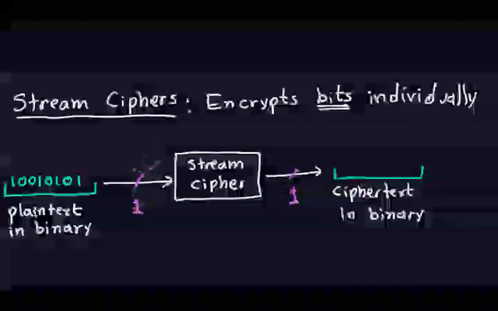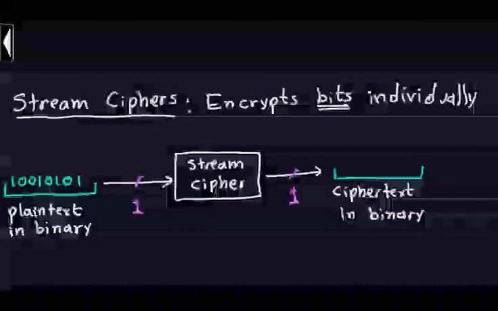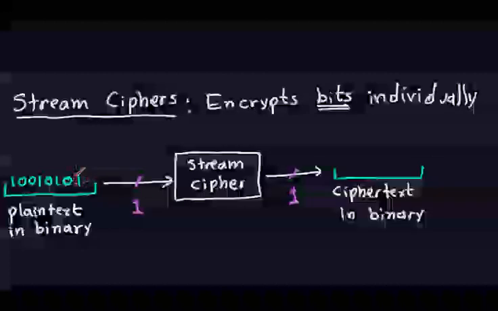So one bit at a time, and the stream cipher has something else there, but we'll discuss that in a second. As I mentioned earlier, what you have to do is something like this. You take a plaintext in binary, whatever that might be. In this case, what I have here is a byte, so I have 8 bits of information, zeros and ones. And this stream cipher is going to process bit by bit in the following way. This is just an example. Let's say I'm going to take the first bit. You're going to feed it the first one from right to left. That's why it's called stream, because this flows through the cipher